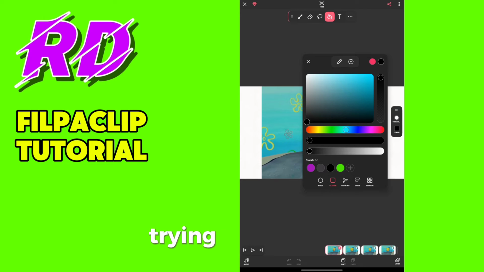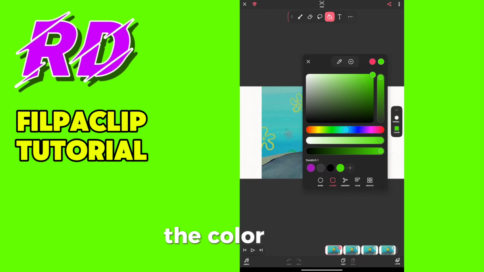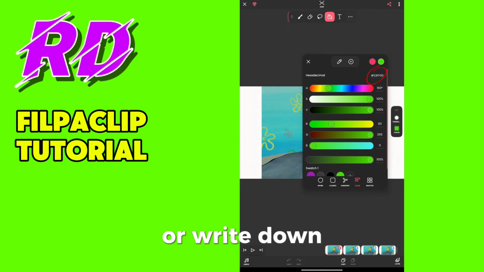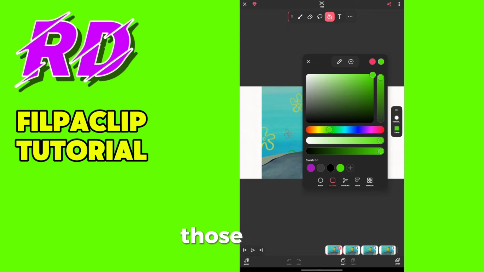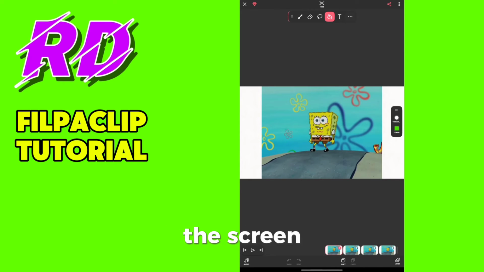And also, if you're trying to make a new list of colors, like it already has one by default, you click the plus on the top there. So once you have that understanding, you go there. And another way to get the code in case you lost the color, take a screenshot or write down this number right here of what the color is. That'll help you find it quicker if you had to reset the app or something. That's usually how I do it. Remember those code numbers. So anyway, now, after you're done with that, you click on the screen and it covers